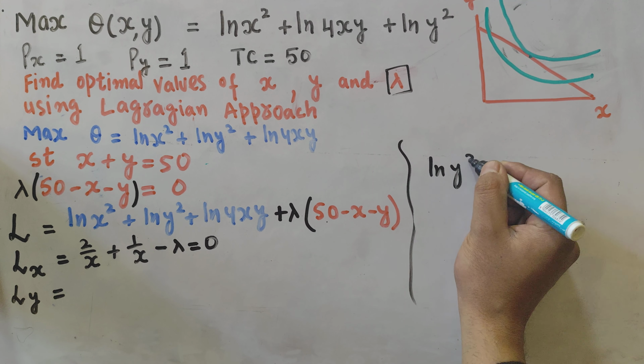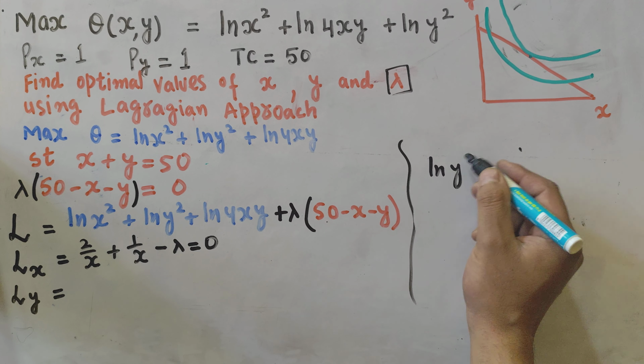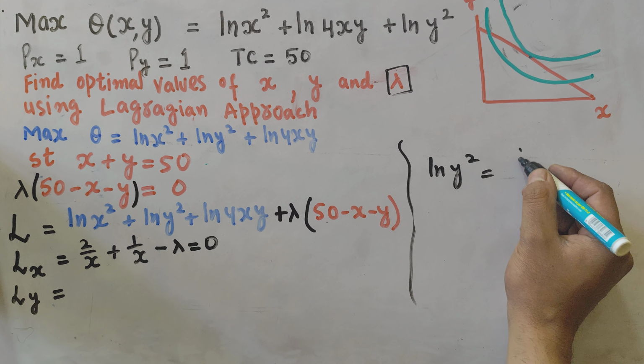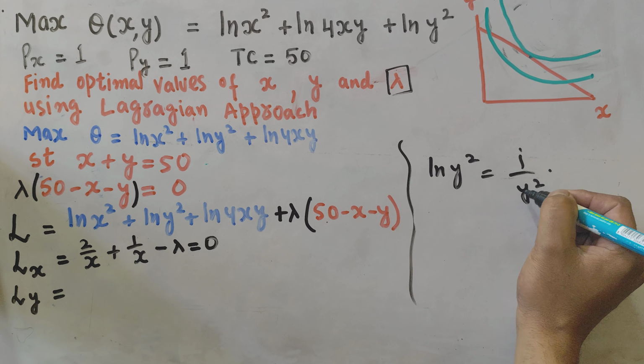Ln of y square will be equal to, so the derivative of log of y square will be 1 upon y square times the derivative of y square, that is 2y. So y and y get cancelled, we are left with 2 upon y, plus similarly we have ln of 4xy,